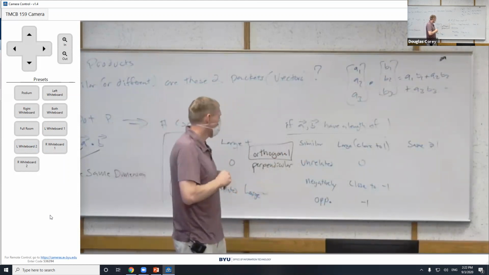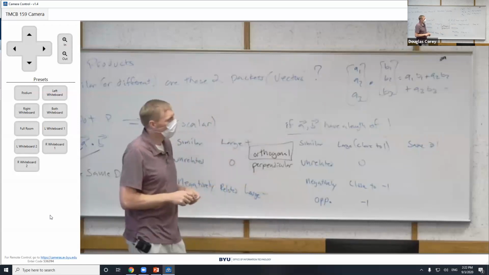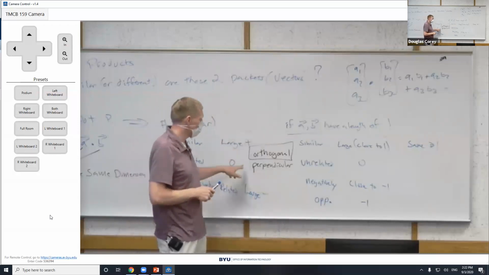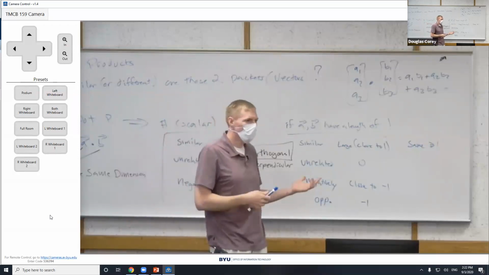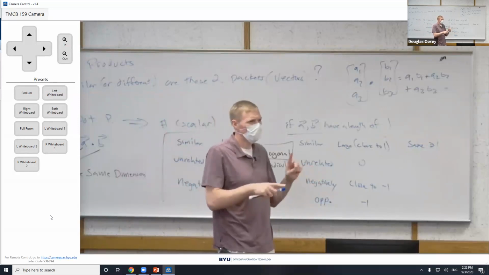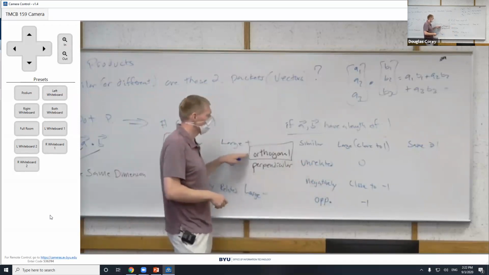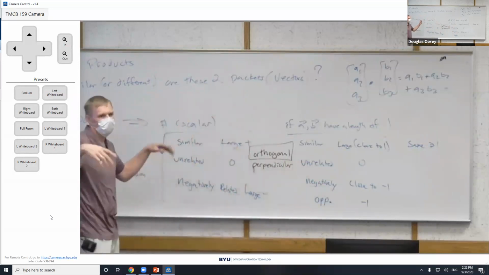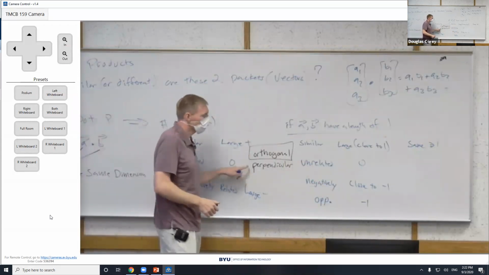One reason that we use a different word than perpendicular is it allows us to talk about things where it doesn't seem to make sense to say perpendicular, like sine waves and cosine waves. We'll say they're orthogonal, but it's hard to say why they would be perpendicular to each other. But when we get further on, there are reasons to see that yes, they are orthogonal. So we have a new word. Mathematicians love to come up with new words. So orthogonal means perpendicular.